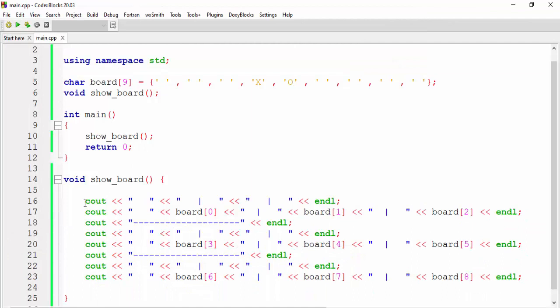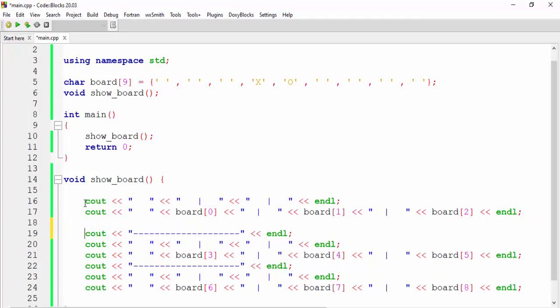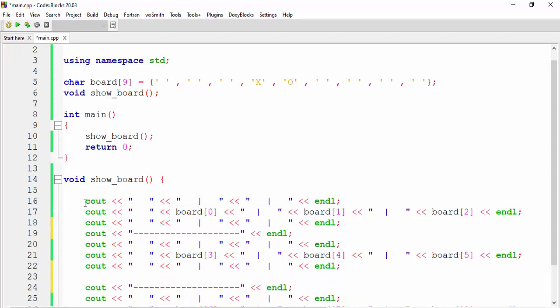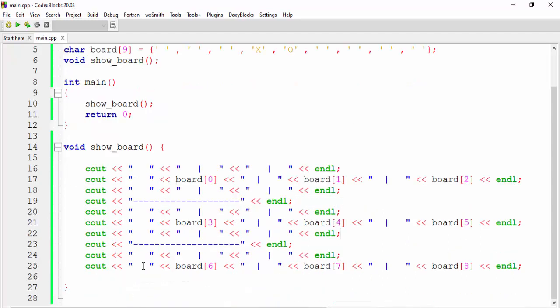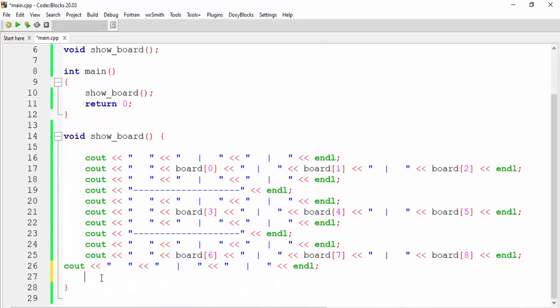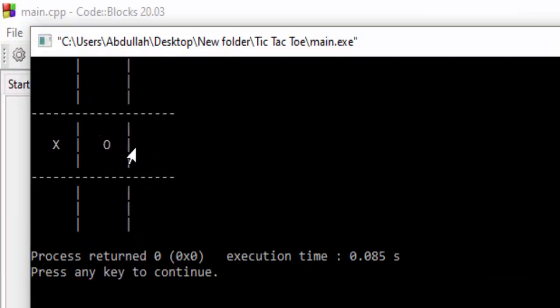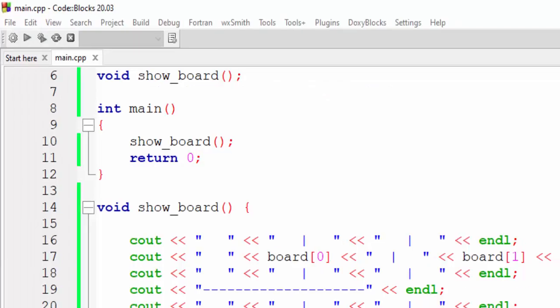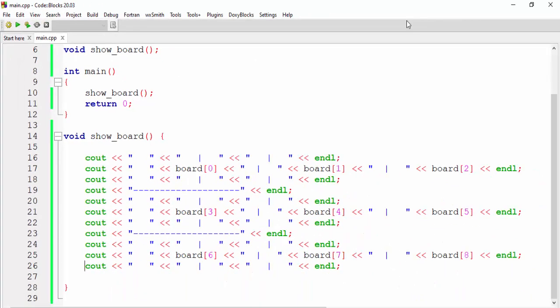So what I will do, I will copy this statement, paste it right here, and go down. I will paste the statement right here, and we can put this statement right here as well. So now it will be a 100% beautiful board. Now we got our board. Now let's talk about the other things that we need to create.